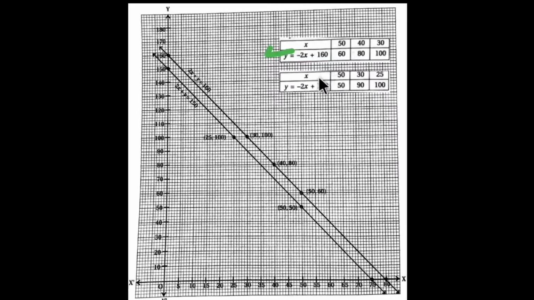So 50 on the x axis and on the y axis 60. Now we plot this point. Afterward 40 and 80: on the x axis 40 and on the same line the point on the y axis is 80. Afterward 30 on the x axis